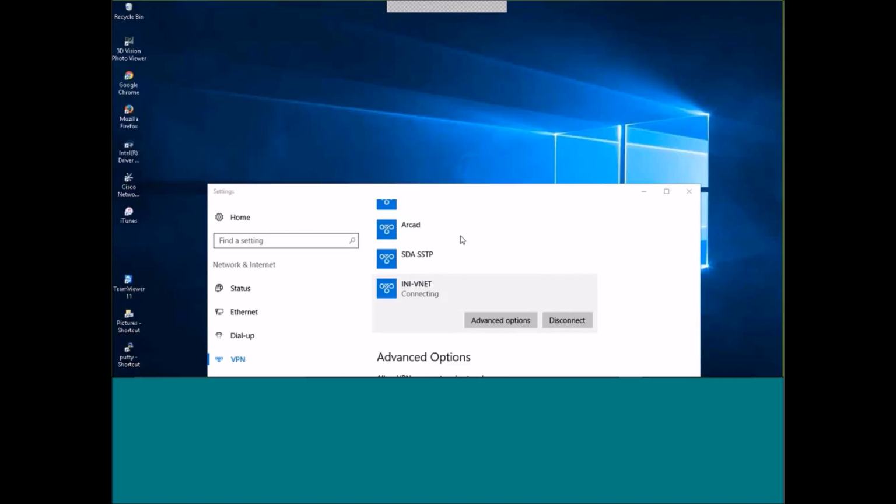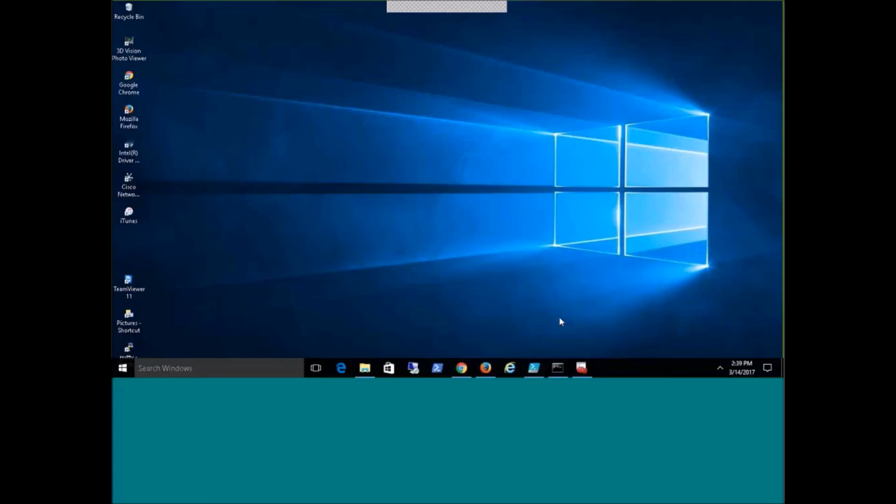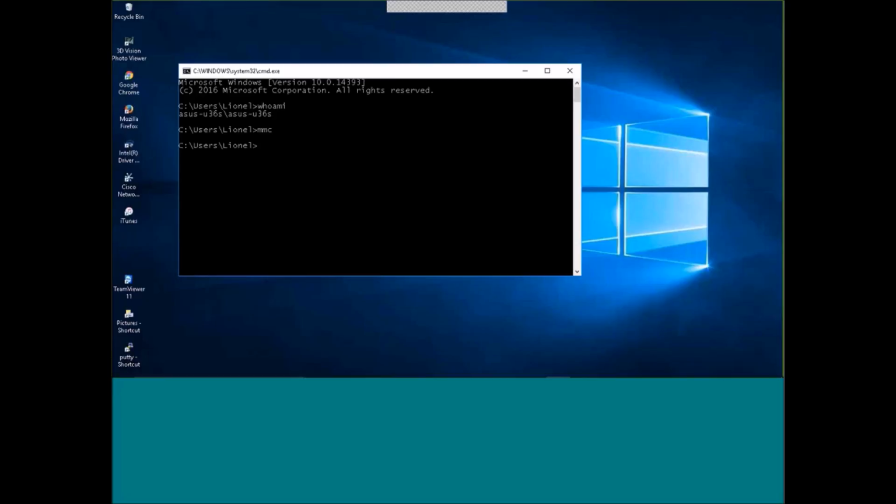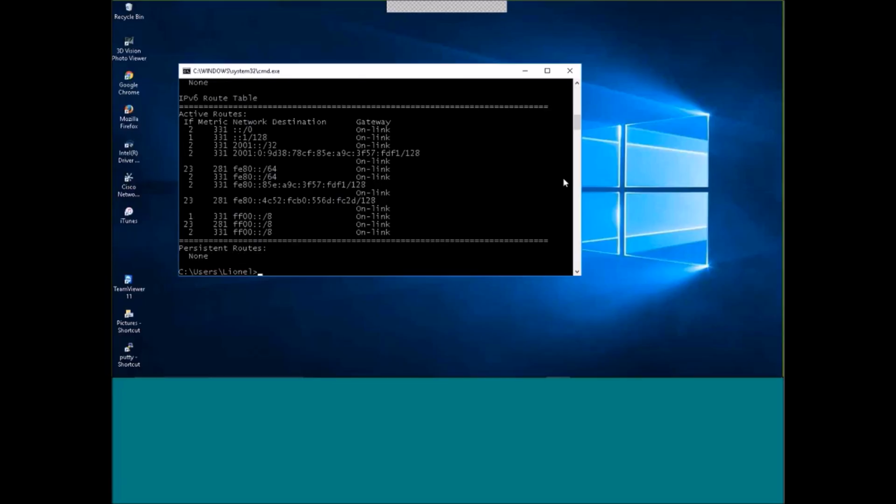Establishing secure connection. Looks like I'm in. Hopefully you guys are still there. You guys are alive. Let's check my routing table. I'm still alive. Excellent. So if you look at my routing table,